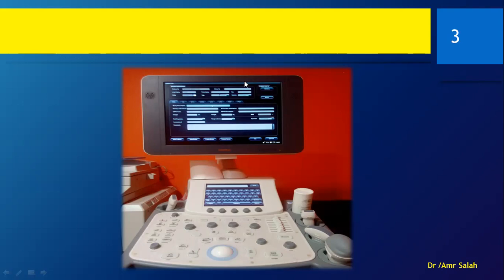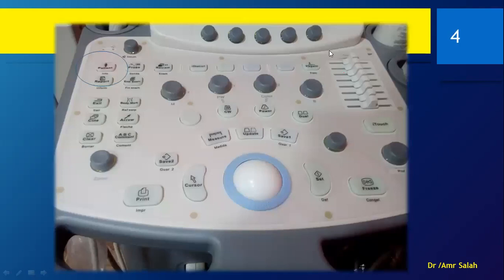But the essential thing is that you familiarize yourself with everything in your machine. It is a tool you are going to use, so it is important that you know how to use it well.